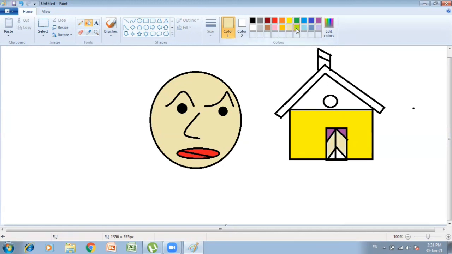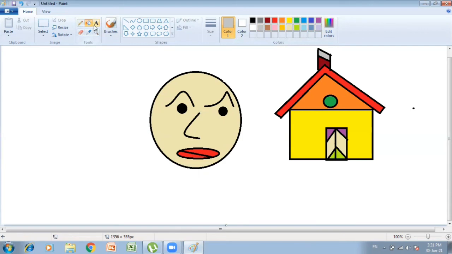And then light green. Here dark green is there in the circle. Then orange, red, brown, and here on top it's gray. So you can see we have drawn this house also.